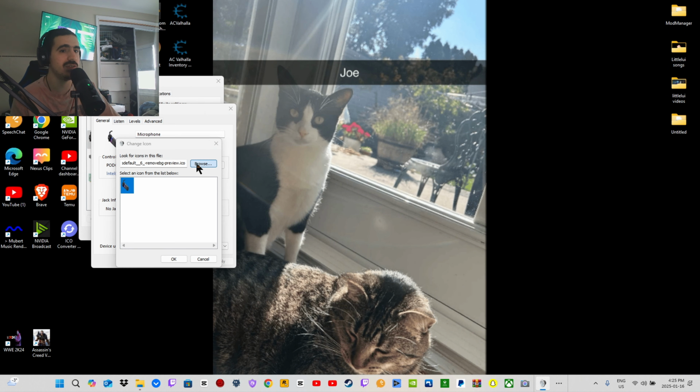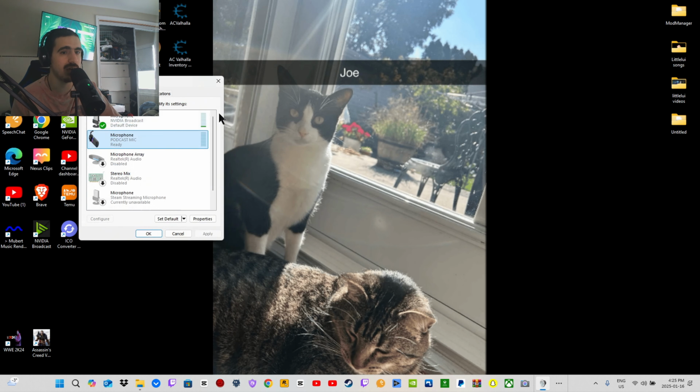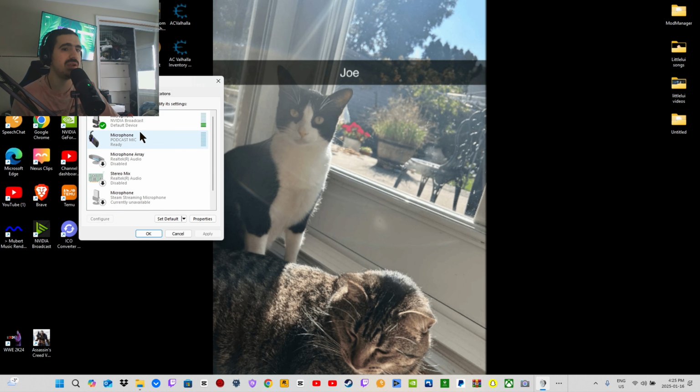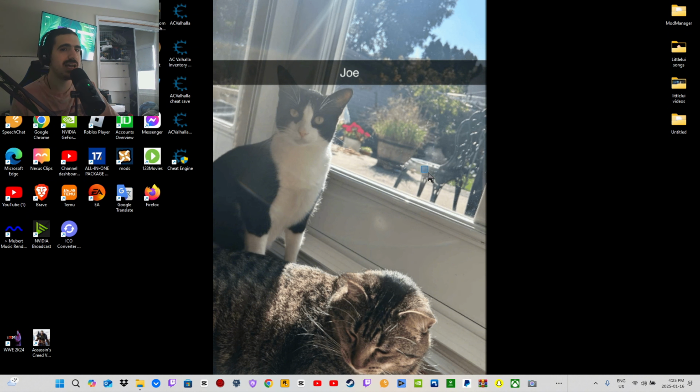So here's what I have for this one. You guys can pick whatever you want for your actual icon. Make sure you have the right one. This is what I have for my actual headphones, because that's the ones that I actually have. For my speaker, I just put this nice colorful one. Didn't transparent though. And then I want to show you guys how to do this for apps and applications and